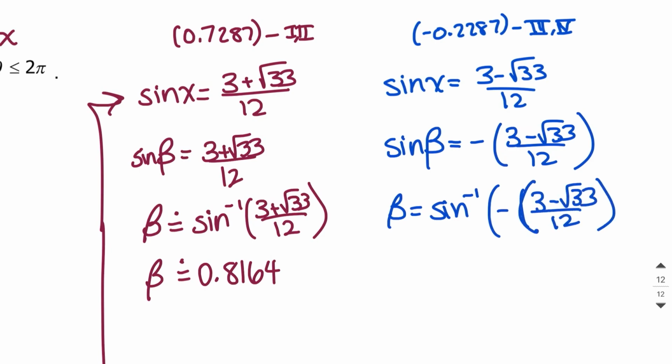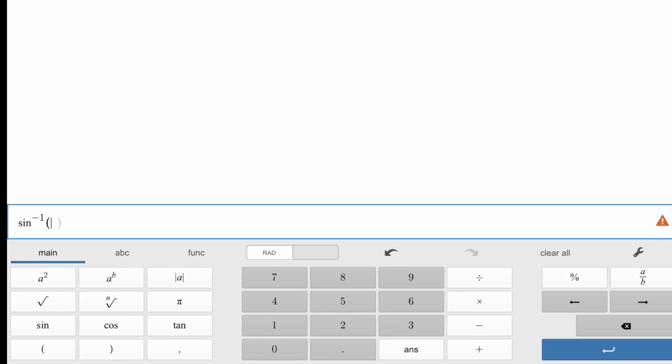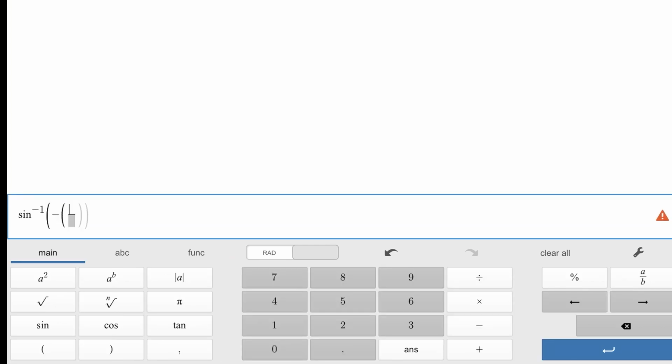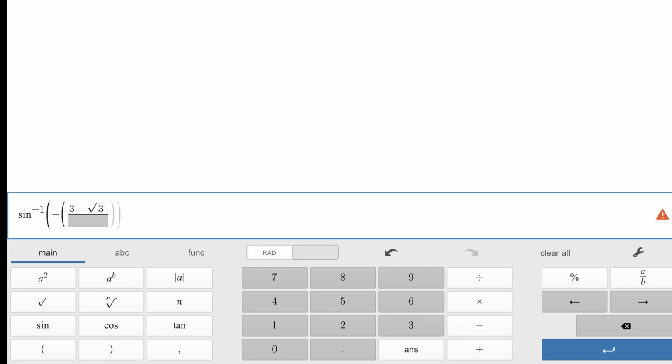Close this bracket and then close this bracket. Type that into your calculator. I would do inverse sine of negative, and then I would open up a new bracket right here, and then I would say 3 minus the square root of 33, all over 12, and I would end up getting 0.2308. So I know beta is